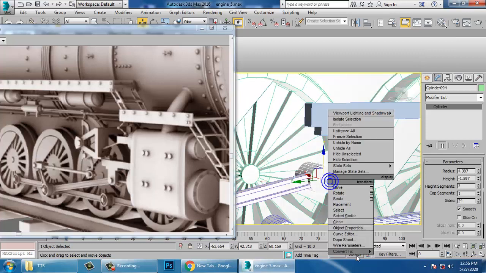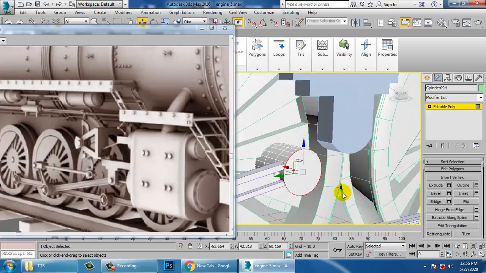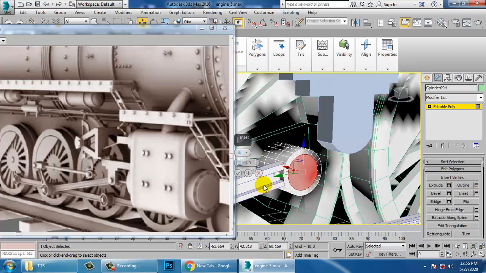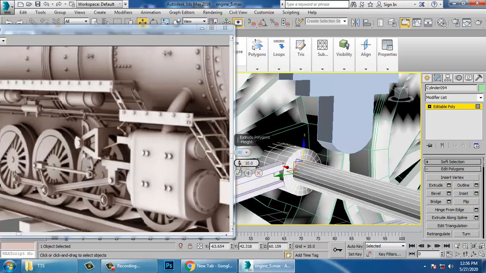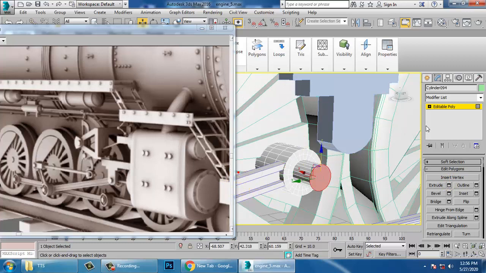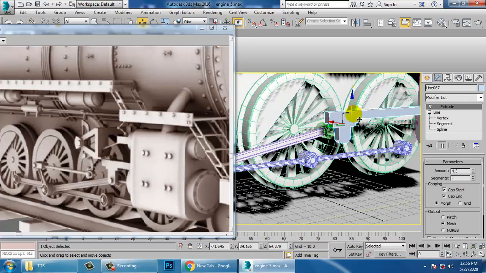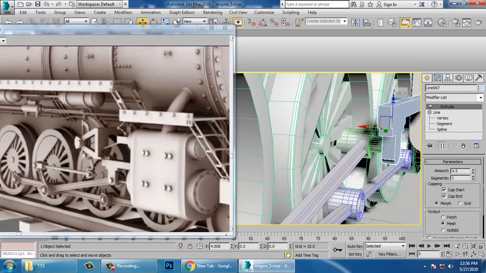Convert to editable poly. Inset it and just extrude it more and just push this down. Alright.